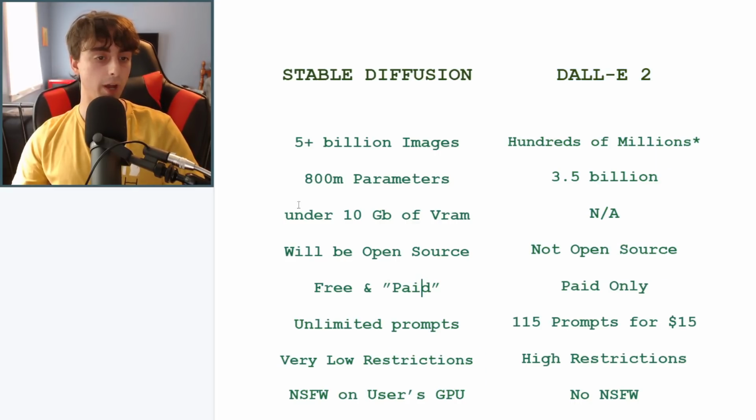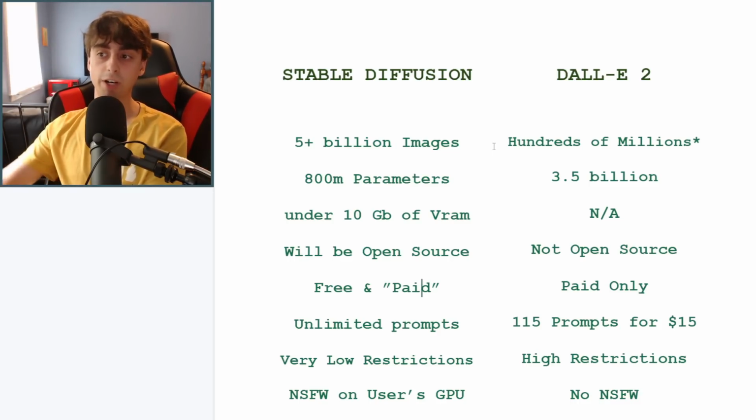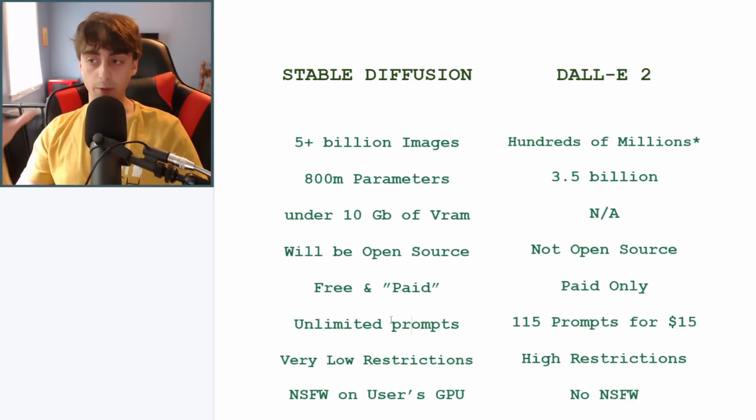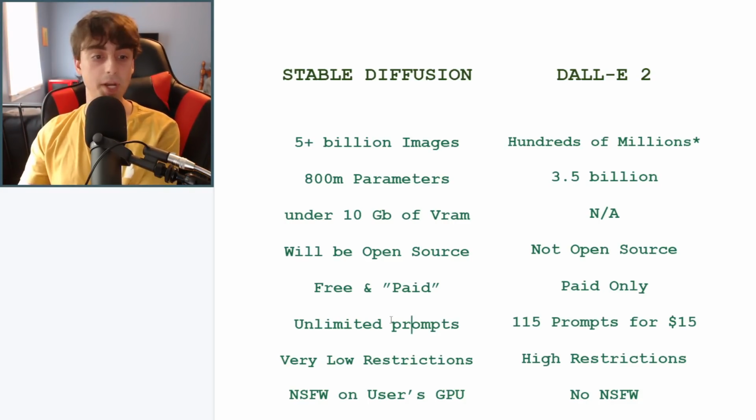Right now, the people that do have access to Stable Diffusion and that specific Discord server of about 15,000 beta testers have just unlimited prompts, and they can generate unlimited variations of each image. So yeah, that's just the prompts down there. Right now, it's unlimited prompts, and apparently when you do get access to the web app, it will be unlimited prompts, and this right now again is 115 prompts for $15 with Dall-E 2.